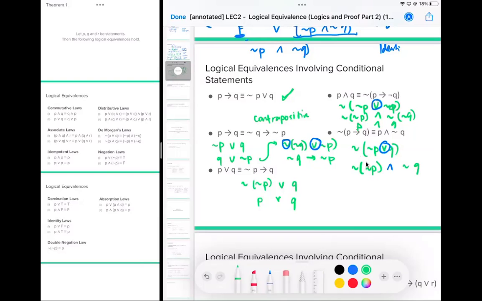So this will result in P, using the double negation. The not of not P is P, and not Q, which shows that indeed they are logically equivalent. Okay, so